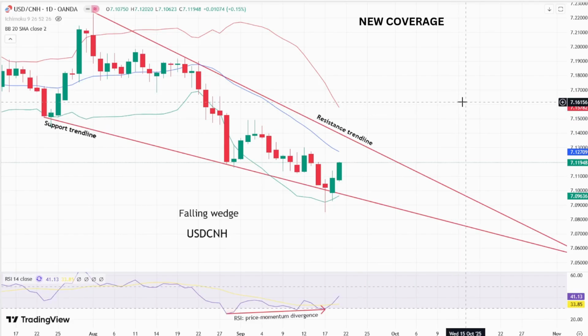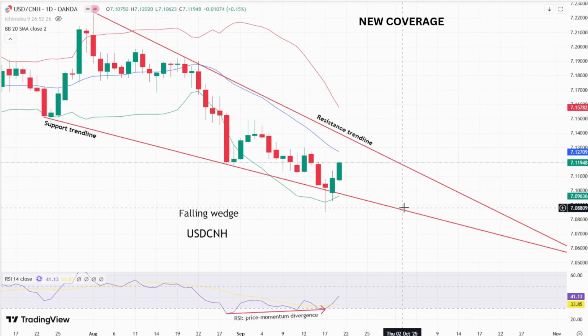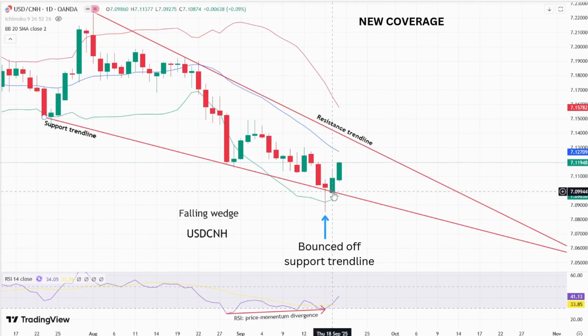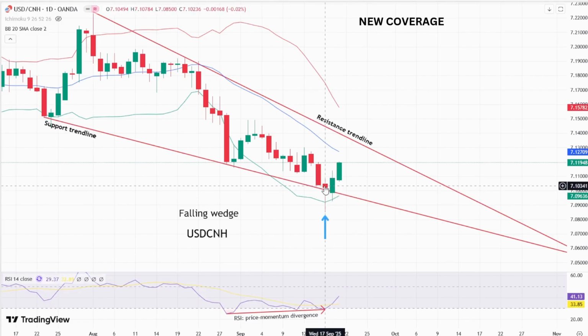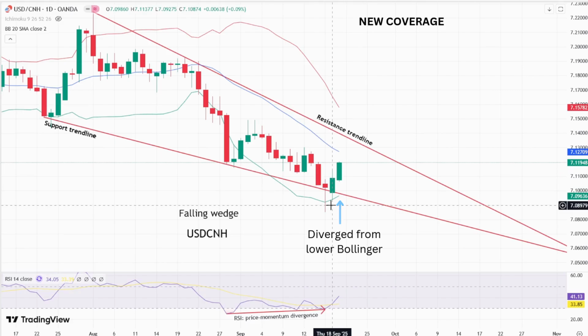Over to dollar CNH, I believe a bullish pattern is being formed over here, a falling wedge. There are other signs suggesting downside is limited and a potential rebound going forward. Now over here, price action just bounced off the support trend line twice this week and has bounced off the support at 7.0869. Since then, price action has diverged from the lower Bollinger, and note that there is price momentum